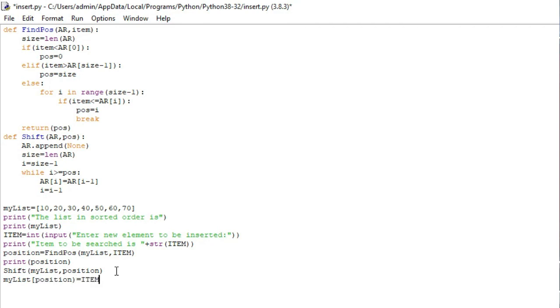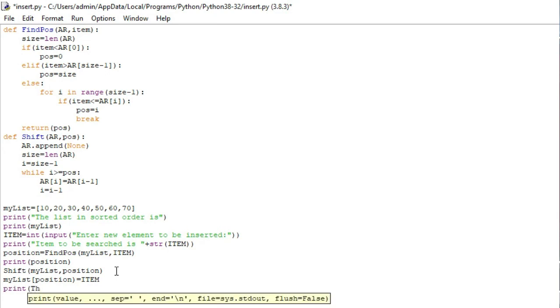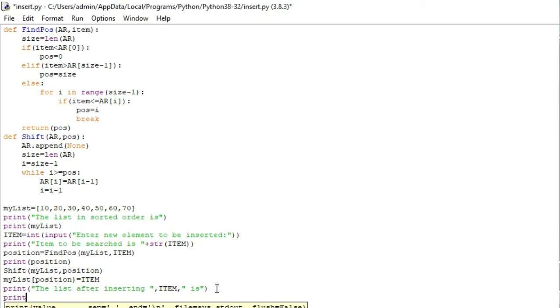So I've inserted this item, and then we will print the list after inserting this item, and then print my list.